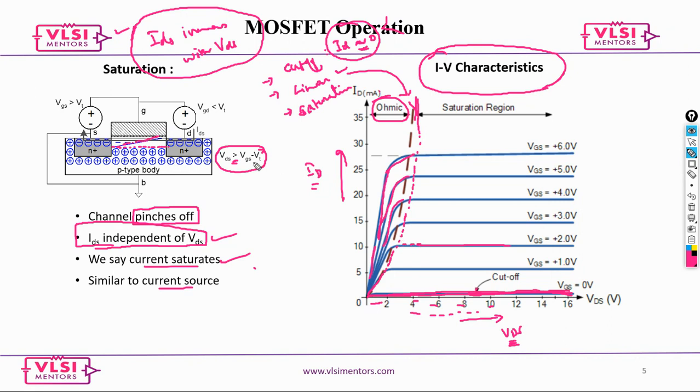Once the channel pinches off, your current becomes constant. This phenomenon or region is what we call the saturation region. If you can explain all three modes along with the IV characteristics waveforms,